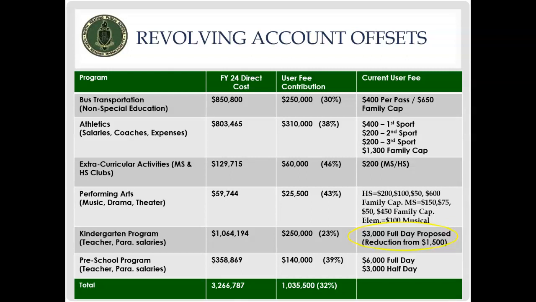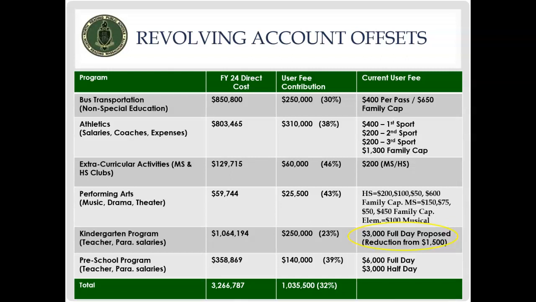Athletics, with our user fees and some gate receipts, the contribution's about $310,000. But the actual cost of salaries, coaches, and all of the expenses needed to run the athletic program is $803,000 budgeted for fiscal 24. So that's about a 38% cost of the revenue contribution.